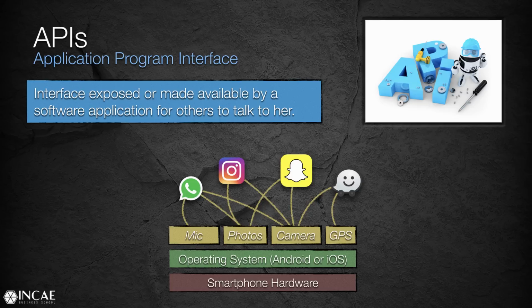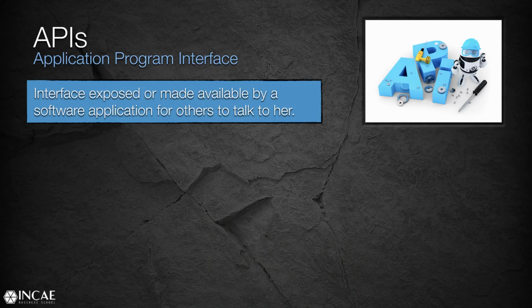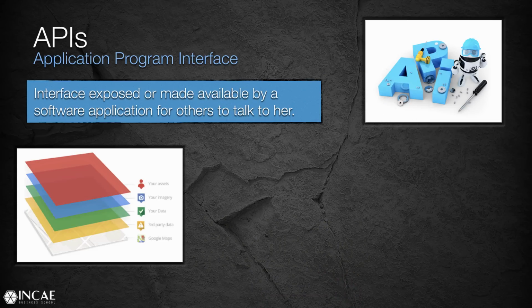So the usage of APIs significantly simplifies the way that multiple heterogeneous applications can use multiple heterogeneous hardware, because we only need to speak the same language of this API that is exposed by the operating system. Another API that you might have used in the past, yet not be aware of it, is the API of Google Maps. Google Maps is this system of geolocated roads, places, and real-time data that Google offers to different applications